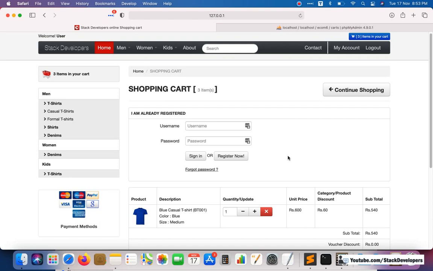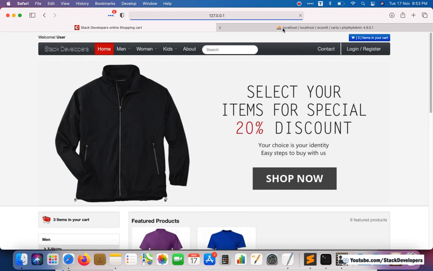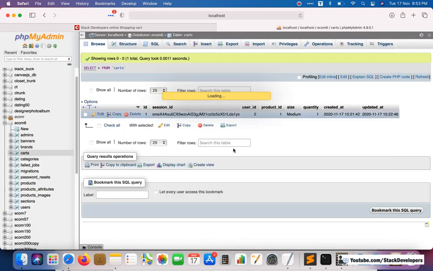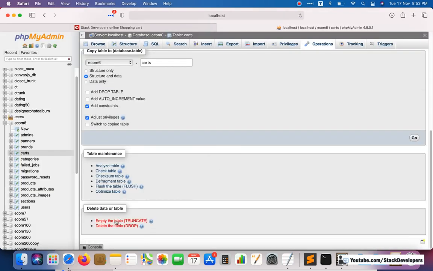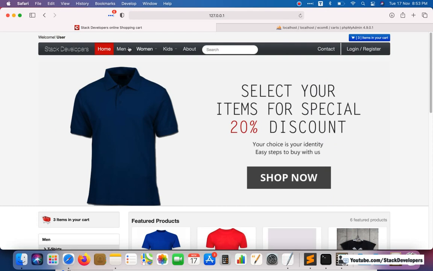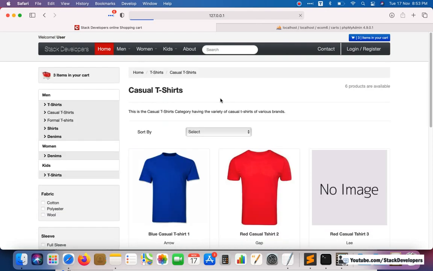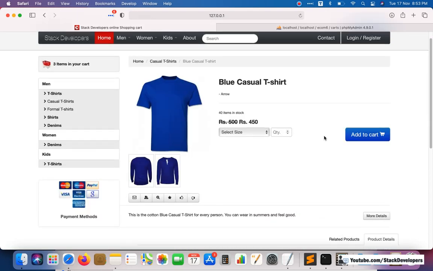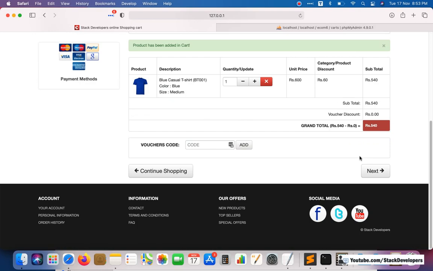Okay, so once again we can try. I will make it empty and we can try. Now see, the user first adds the product in the cart.